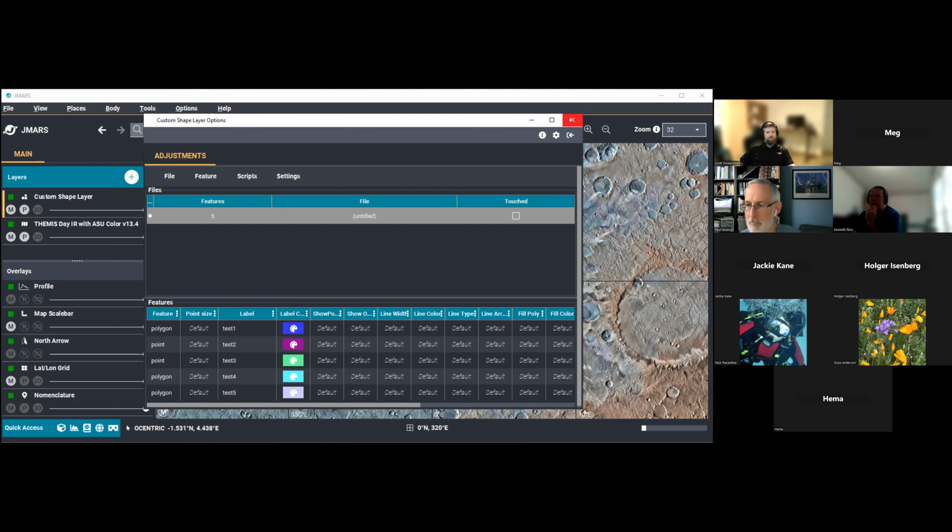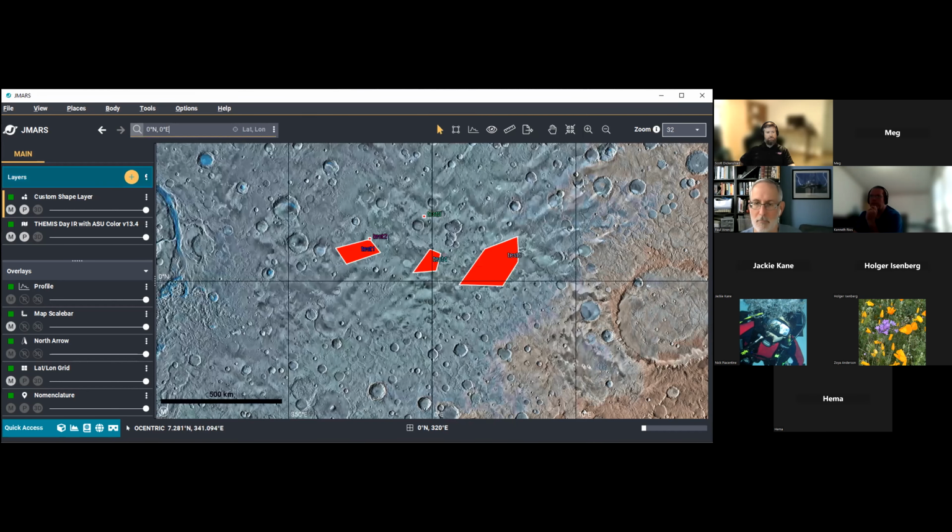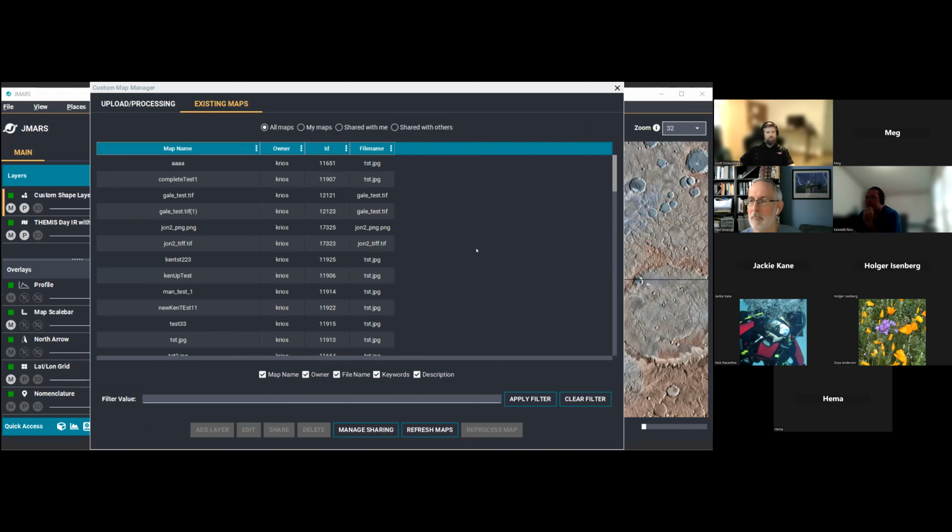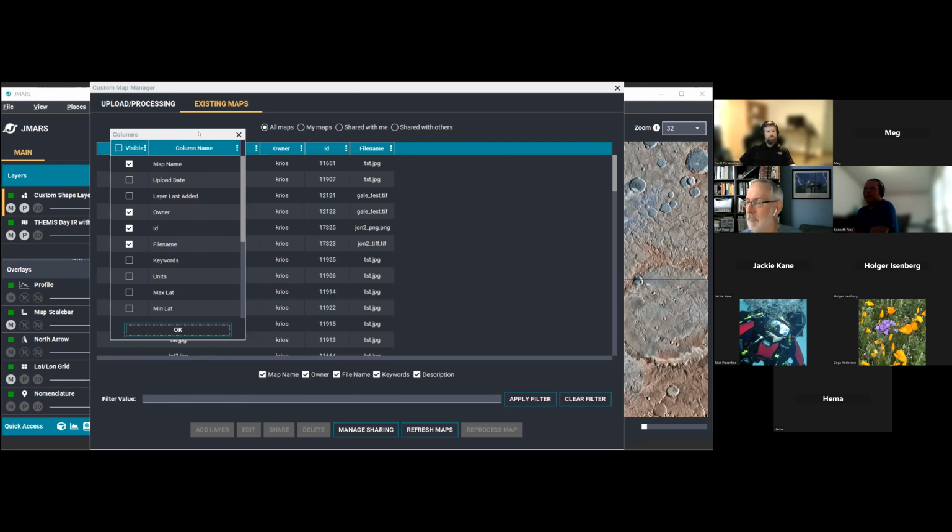Okay, so to show more functionality, I'm going to go to the custom map manager and look at this particular table I have here. I mostly do test data for custom maps, so this is all test data. But here I have my table, and it's not entirely clear, but there are columns that exist in this table that aren't being shown. So if I right click here and select manage columns, I get this little dialog